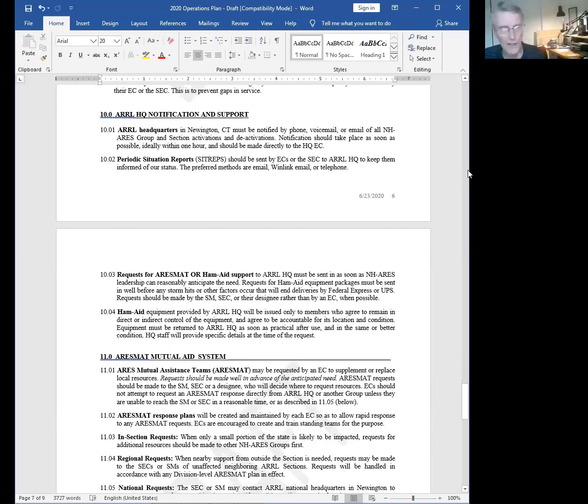ARRL HQ notification and support, I did make some changes in there. I don't remember what they were. I know I compressed it a lot. The bottom line here is that when we activate, other people need to know. And if it's really limited and isn't likely to spread or get worse, then maybe a quick notification to ARRL is not that important. But if it's something that could potentially grow,